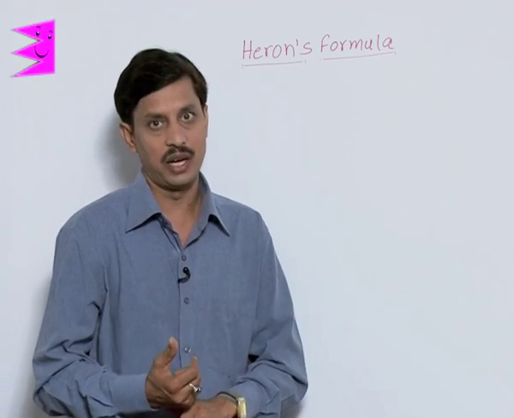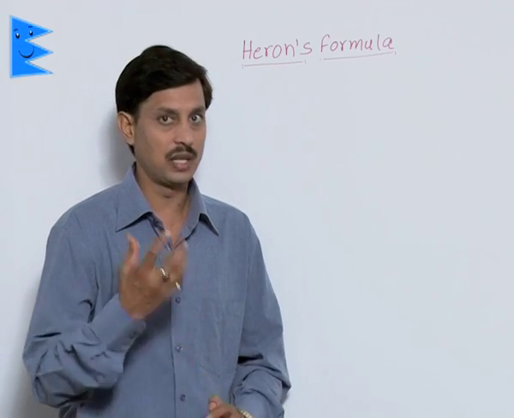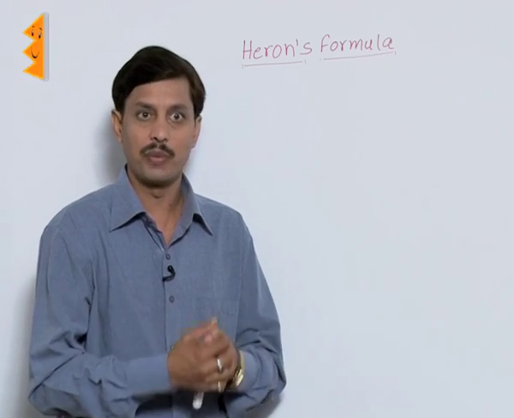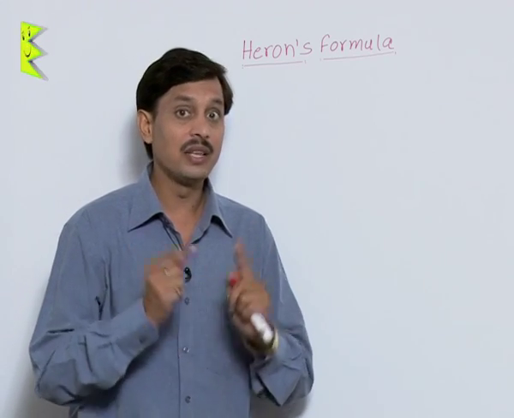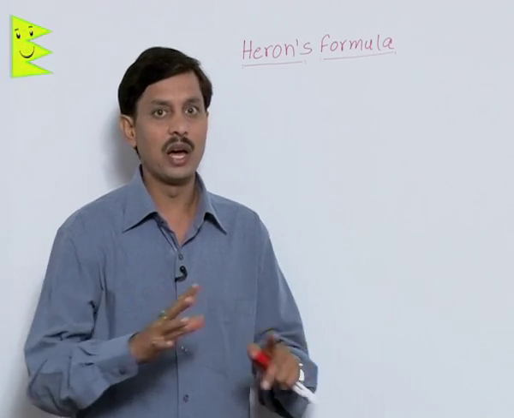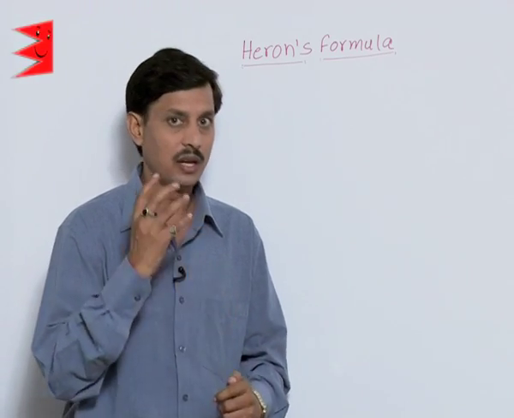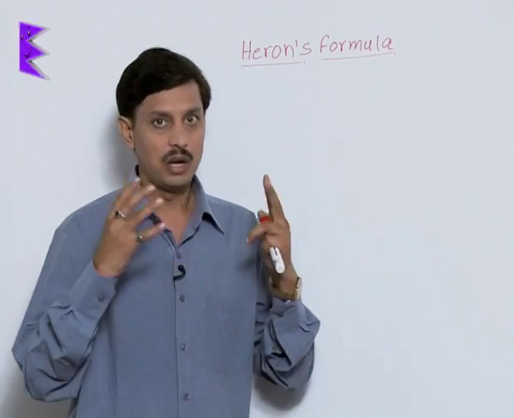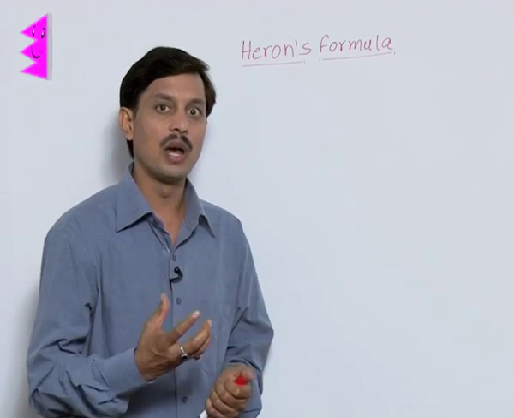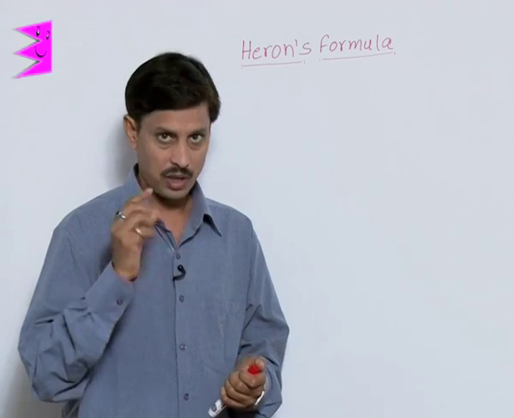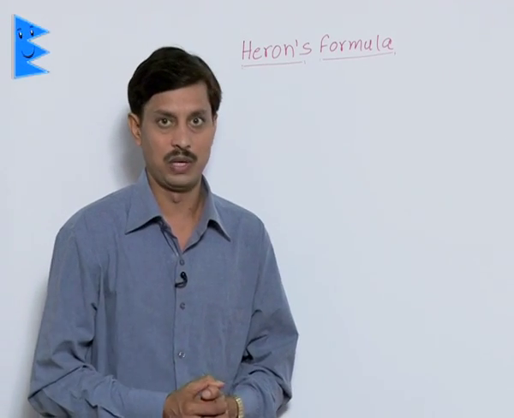Otherwise, in a right triangle, if base and height are given, there are certain other formulae for calculating the area of the triangle with specific conditions. But when the triangle is scalene, and no angle, no altitude, no perpendicular is given, then Heron gave the formula. Because of his formula, the chapter is named Heron's formula.